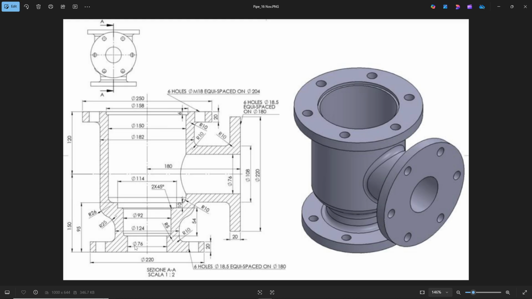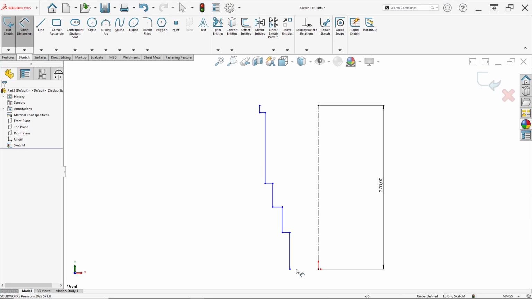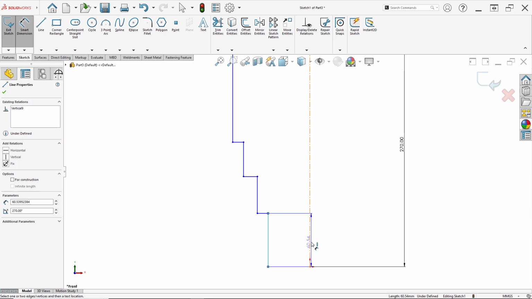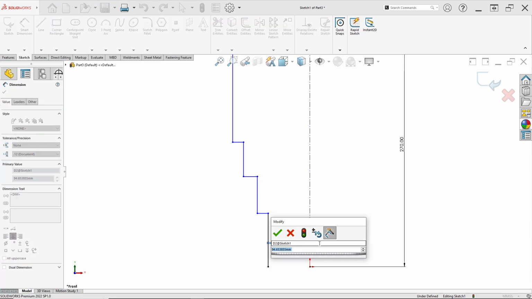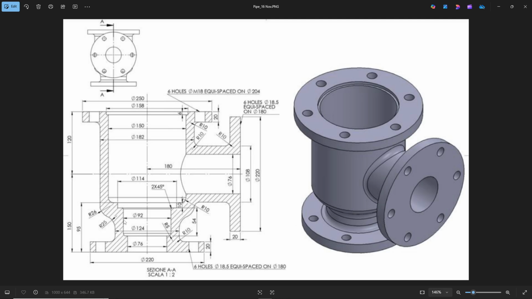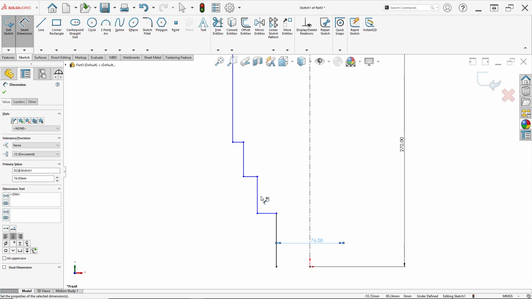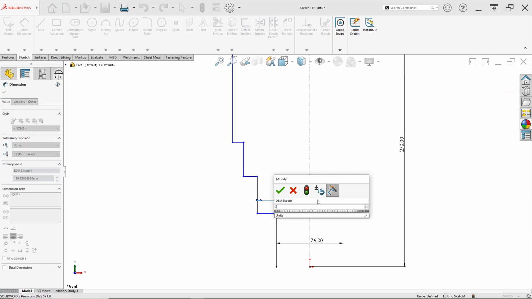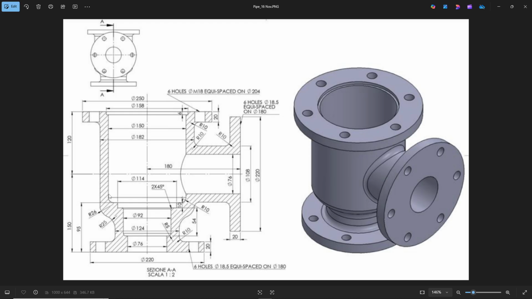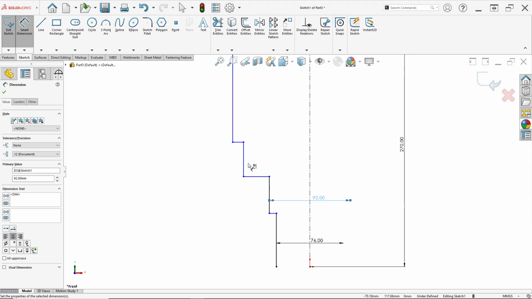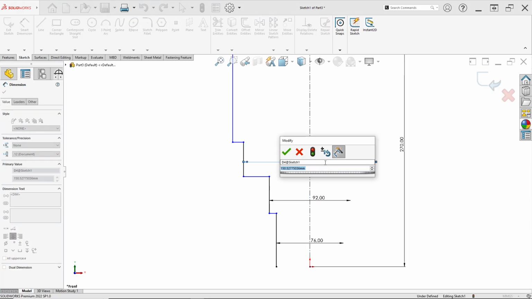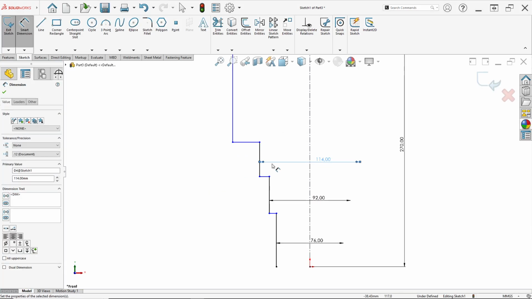Then we set the dimensions here. This line has diameter 76, so input from this to this center line 76 millimeter. This line has diameter 92 millimeter, and this line to this center line has diameter 114 millimeter.